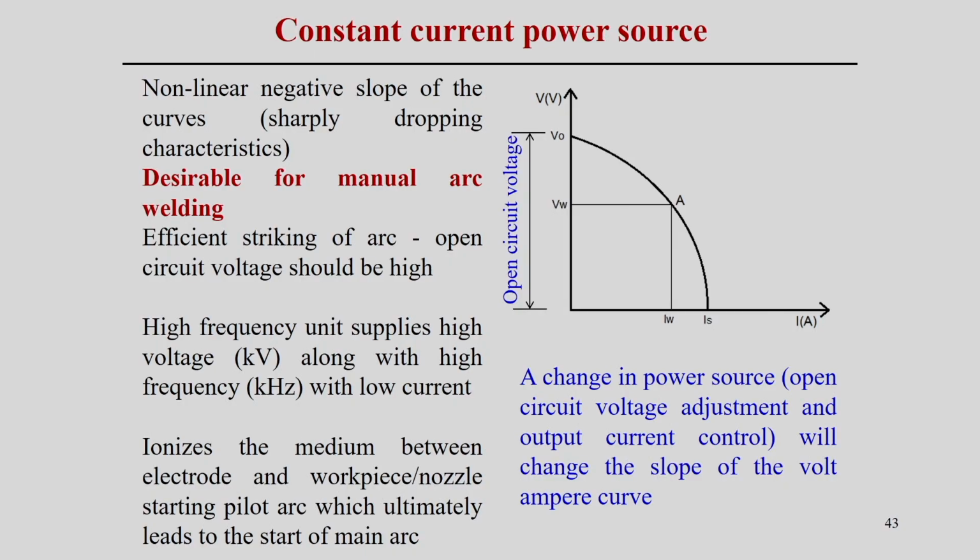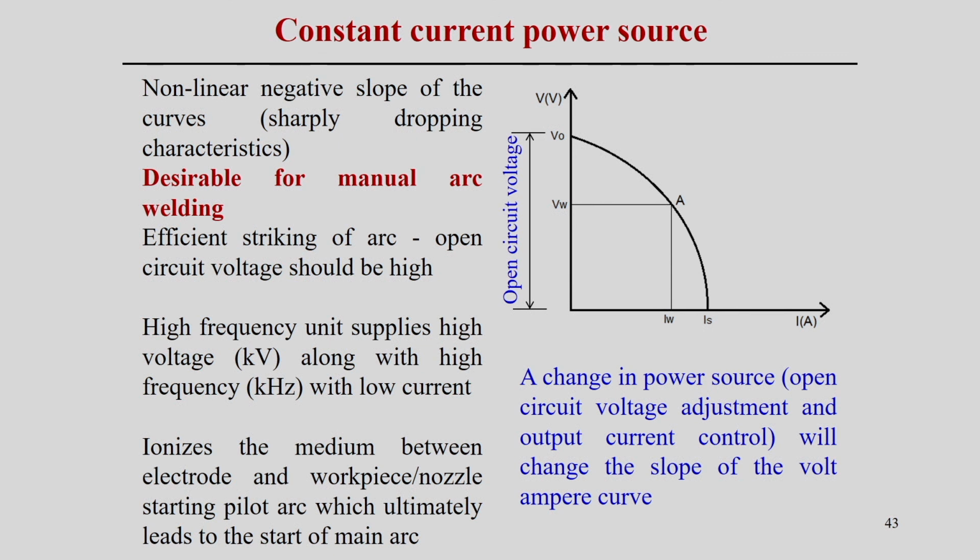So, that means we are keeping the voltage fixed, and any change that happens in between will be adjusted so that it reaches the preset values of the arc length, because arc length is more related to the voltage of a particular circuit in this power source. That is why this type of characteristic is very much suitable for the semi automatic arc welding process.